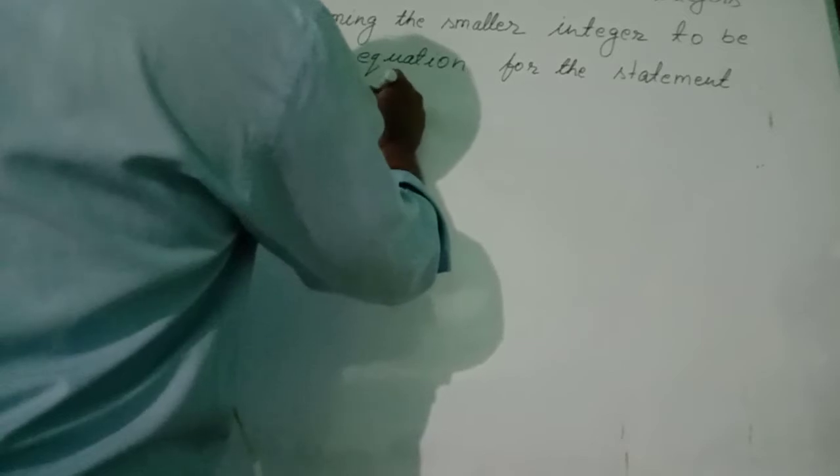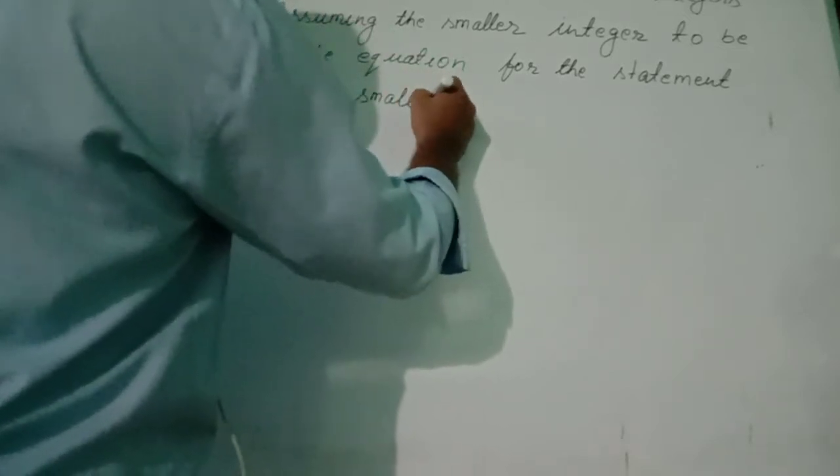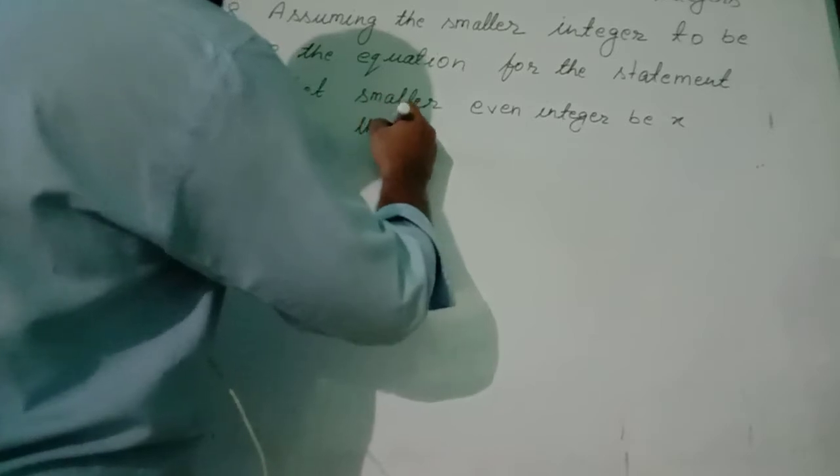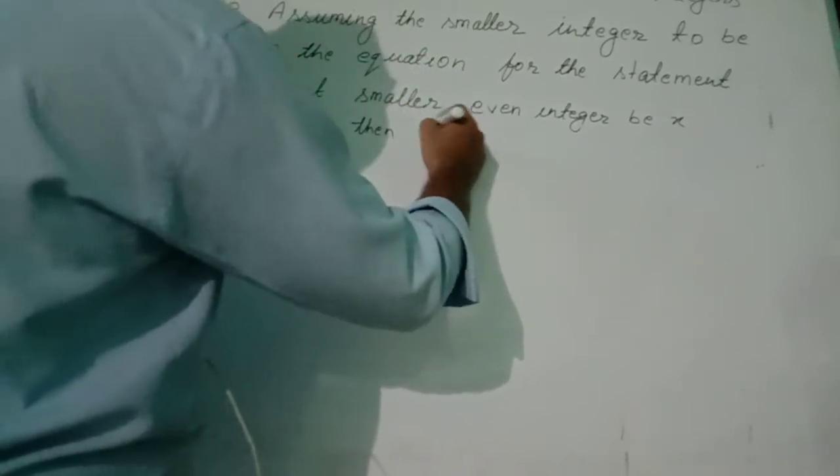Let smaller even integer be x, then the next even integer is equal to x plus 2,